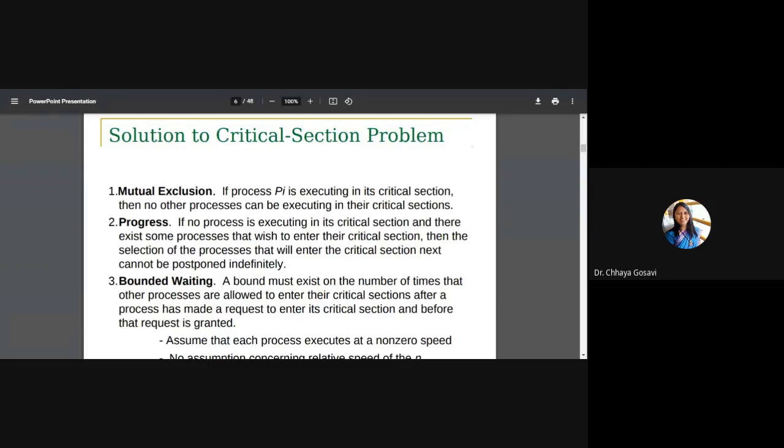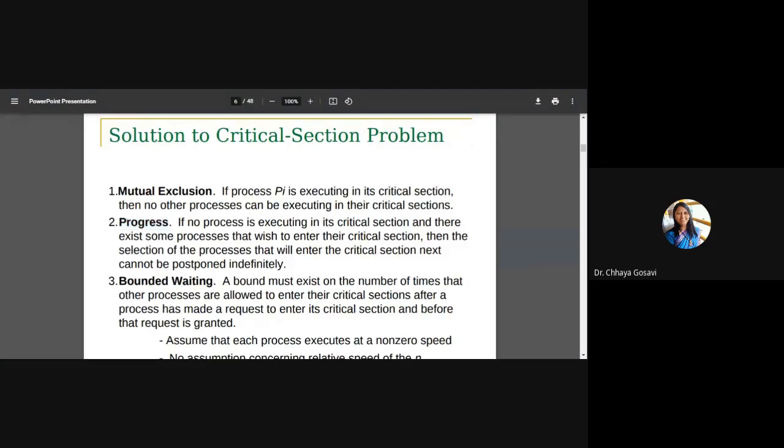Are you getting it? Once you are allocated one place, you are not going to share that place with any other student. That is mutual exclusion. Once a process has entered the critical section, it will leave the critical section on its own. It won't share the critical section with any other process. So this is the first condition which needs to be fulfilled by a solution. If you are finding a critical section solution, you have to take care of mutual exclusion. Only one process at a time should be in a critical section. Next is progress.